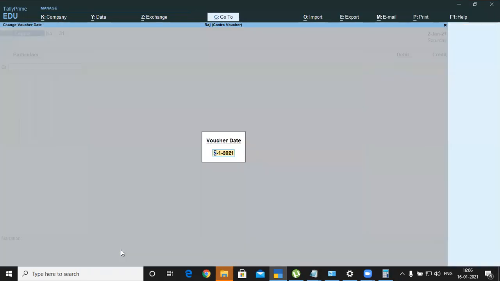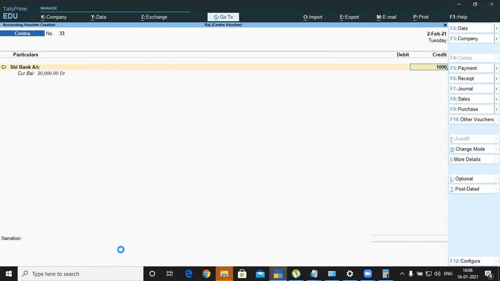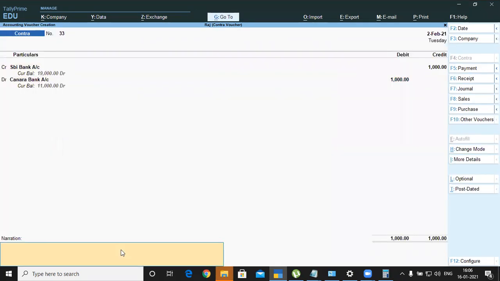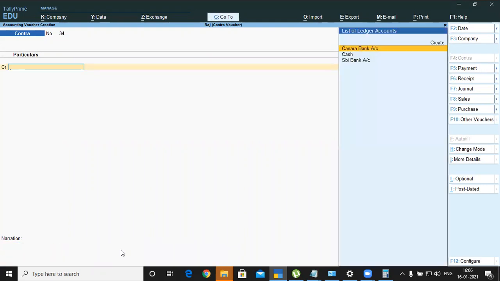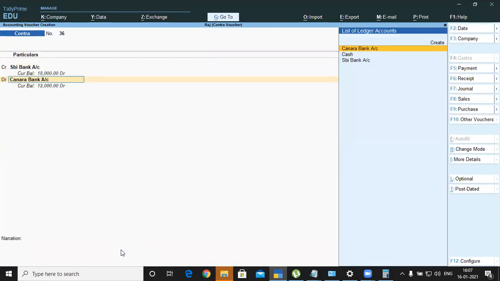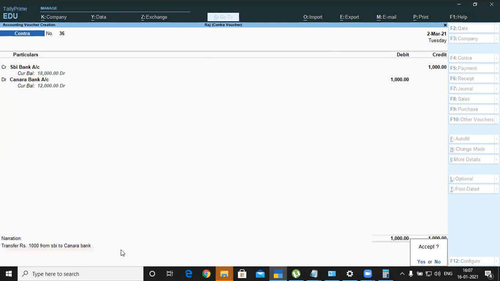Next February, 2nd February, SBI rupees 1000, Ctrl R. Next final one, March, SBI rupees 1000, Ctrl R, save it.